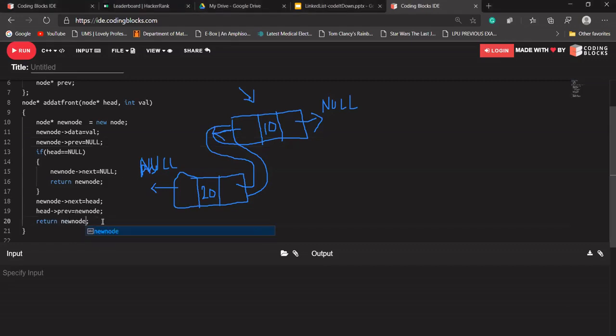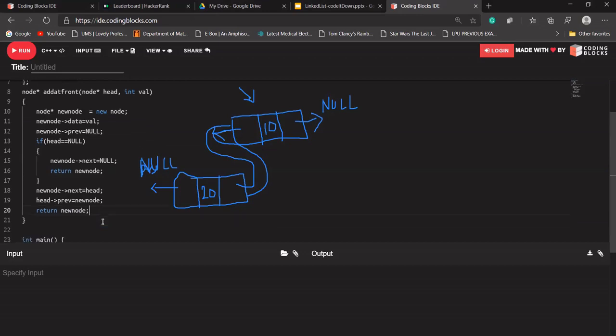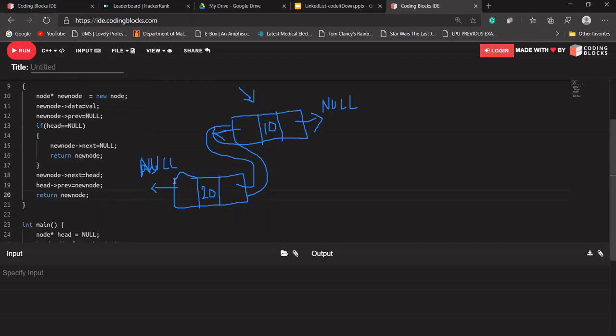Okay, is that clear now, Shaichan? Or do I have to repeat it again? Now our head is pointing to this node. Saison, can you reply on the group chat, or is anybody having any doubt? Smith is saying okay. Saichan, I'm waiting for your reply. 19th line did not understand. Okay, 19th line you are saying.